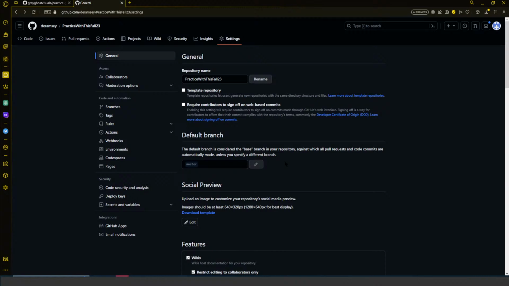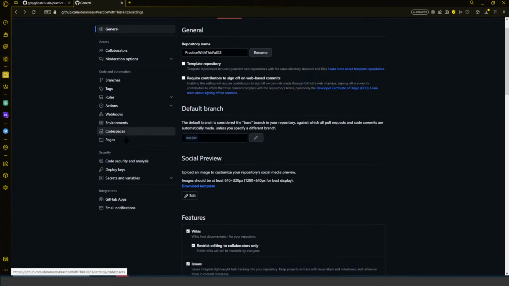You can send a request without being added as a collaborator, but if you want that person to have the ability to approve pull requests and do the administration tasks here, then you'd want to add them as a collaborator. The other cool thing here,